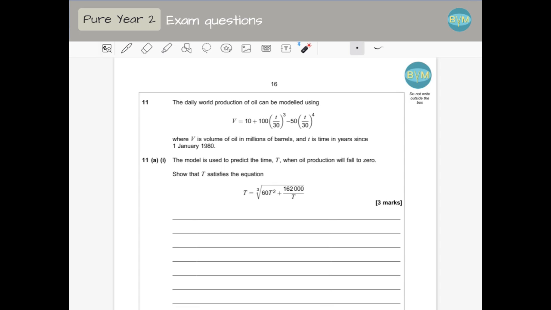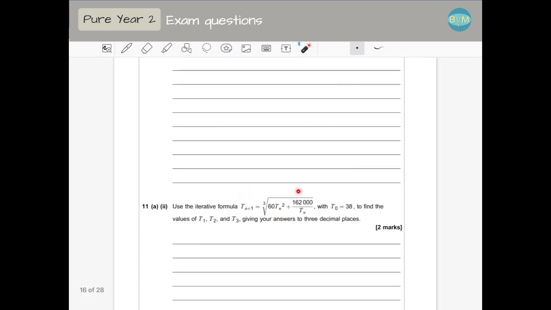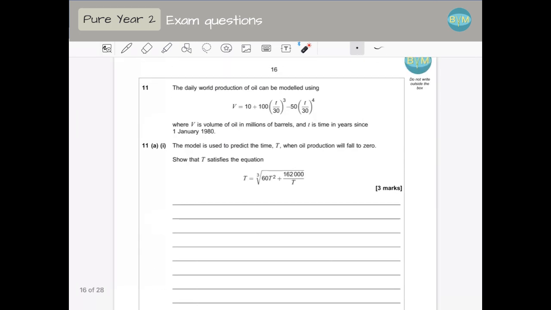Hello, this is question 11 on your June 2018 paper 1 from AQA. It's an iteration question, so you see the iteration formula here. It says the daily world production of oil can be modeled using this expression, where V is the volume of oil in millions of barrels, and T is the time in years since January